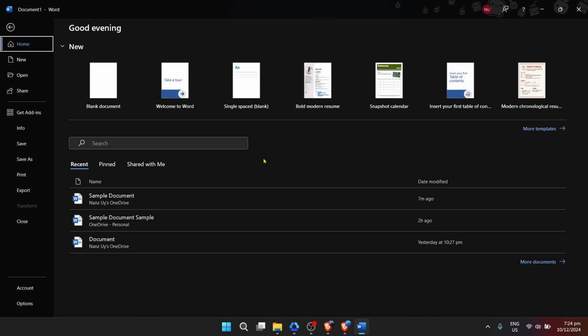dive in. First things first, we need to open Microsoft Word. To do this, begin by locating the Windows Start menu. It's usually found at the bottom left corner of your screen, symbolized by the Windows logo. Clicking on this will reveal a variety of options and applications, but our focus today is Word, so let's move